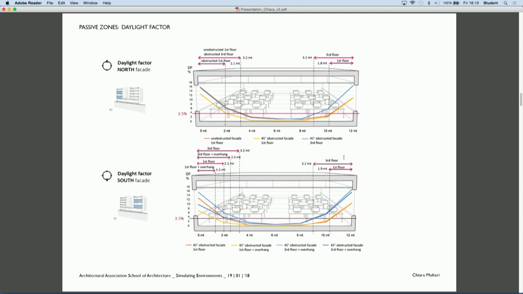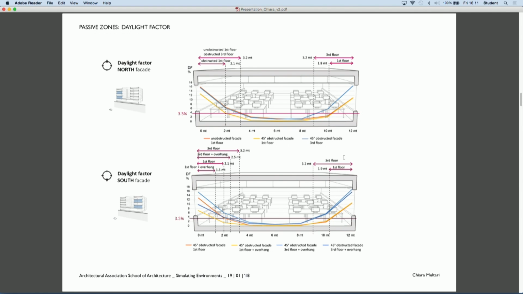This section summarizes the results of the daylight simulation, and thanks to this section I mapped the depth of the passive zone. We can define the passive zone as the area of a floor plate that receives satisfying levels of daylight throughout the year, to be almost independent from artificial lighting.